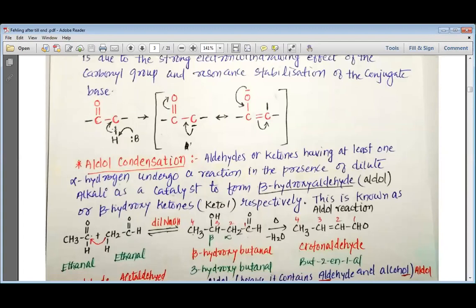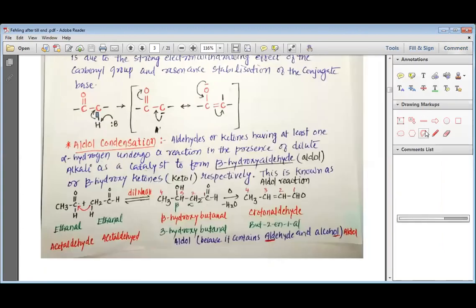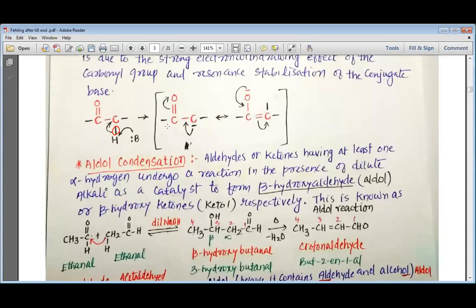The electron from this bond, I'm talking about this bond, my dear students, the electron from this bond goes on carbon. As the electron from this bond goes on carbon, this carbon has got a negative charge. And when this carbon gets a negative charge after the attack of base, we get this kind of structure where the carbon has got the negative charge. Due to this negative charge, when the electron from this negative charge goes and makes a bond between these two carbon,